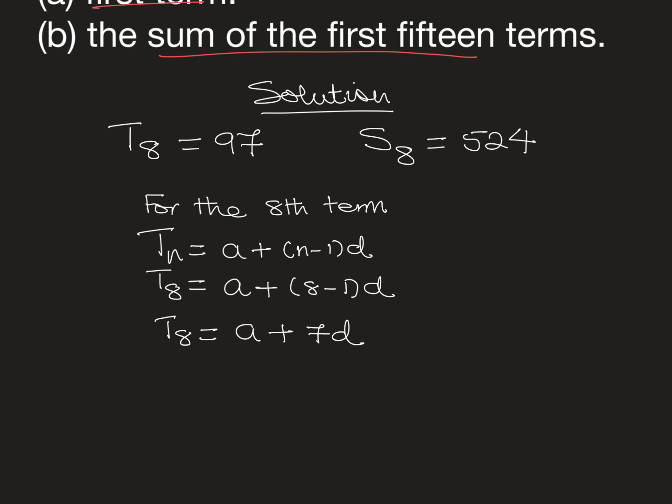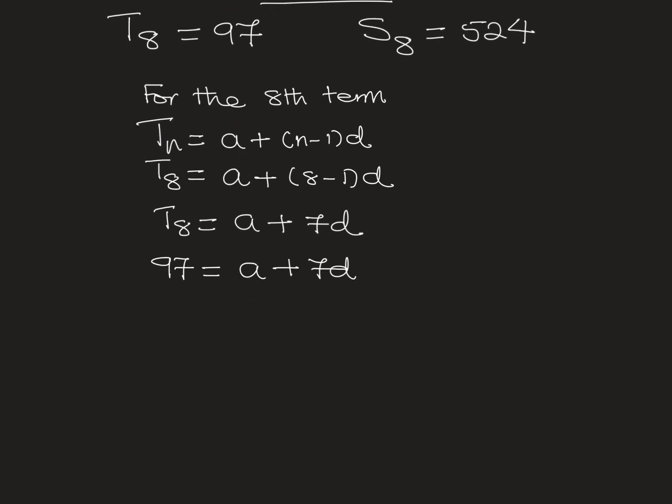And what is this 8th term? It is 97. So 97 is equal to a plus 7d. We can also say that a plus 7d is equal to 97, and this can serve as our first equation,